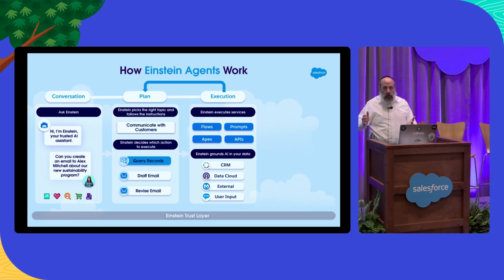Now that it knows which topic to use, it then goes in and figures out the set of actions and which order. Implicit in this, though, is the understanding that before it even goes out to do anything, in order to determine which topic to use, it first needs to call the large language model, because that will allow it to then determine which topic to use based on the descriptions and scope and instructions that were provided for the topic.